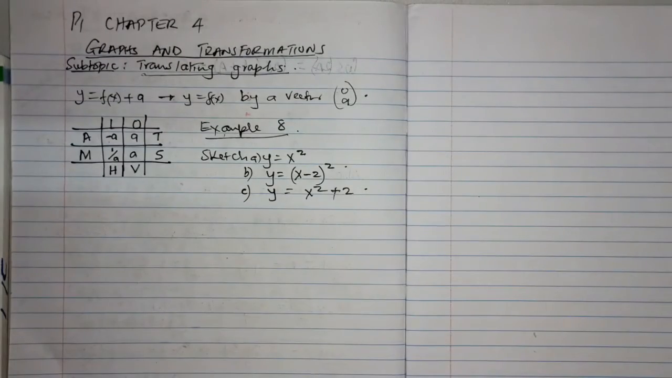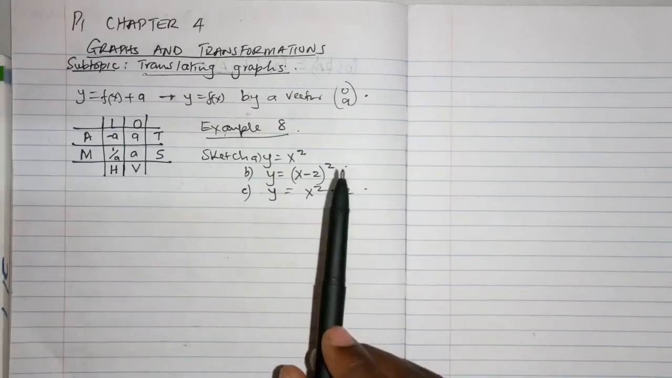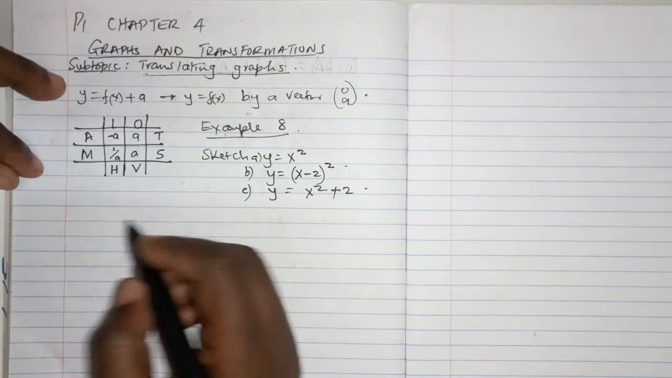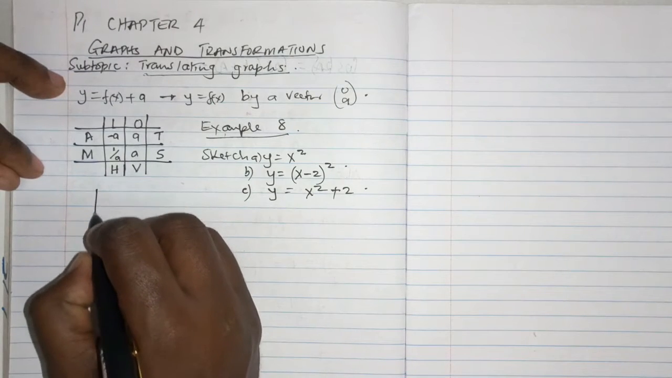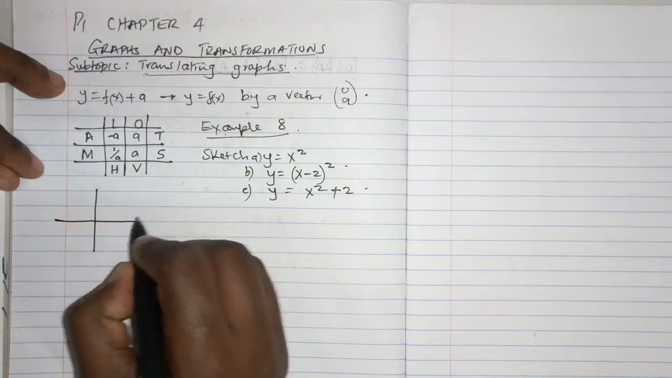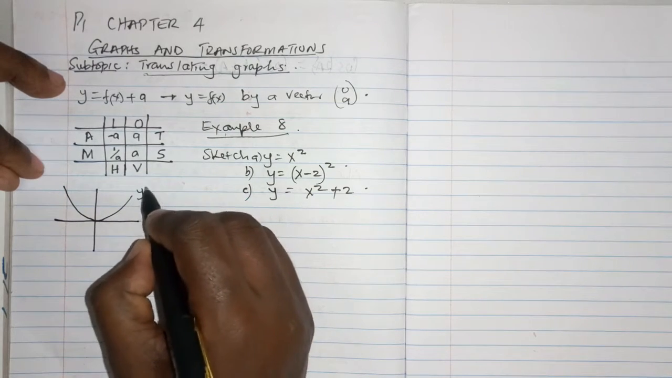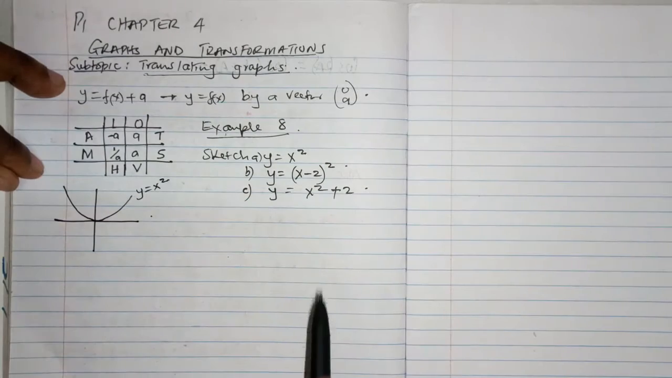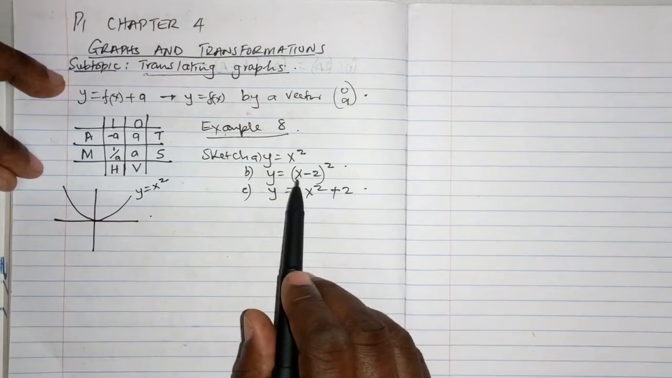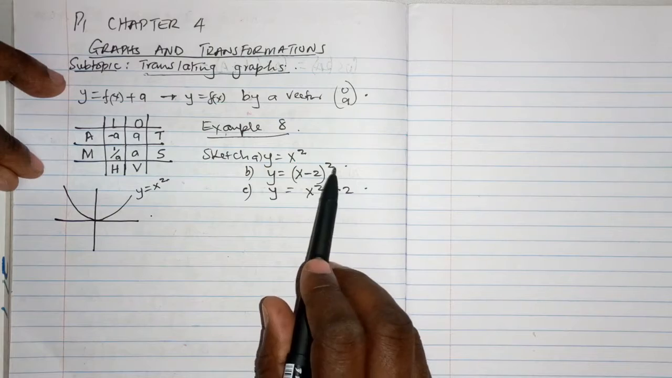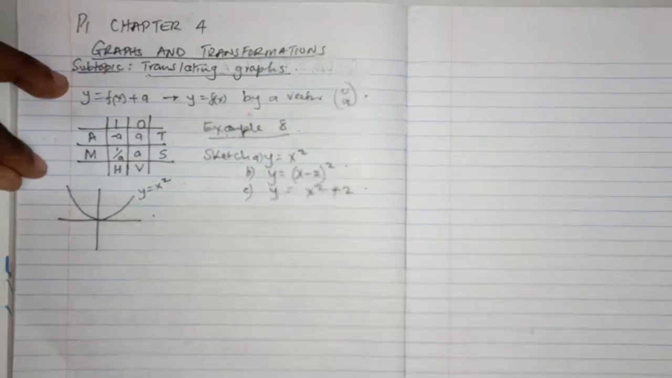I will explain all this, but to attempt to explain, y equals x squared is a general function, a general graph that we know, that simply looks like that. This is y equals x squared. If you attempt to sketch the graph of y equals (x minus 2) squared, yes, you can plot,